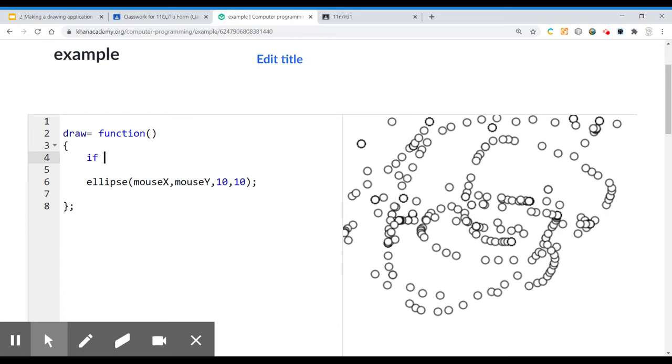So the way it works is you go if, and I'm going to use keyCode. keyCode is a variable that stores whatever's the last button you've pressed. So if you press the up arrow key, it's going to be up. If you press the down arrow key, it's going to be down. So if keyCode equals up, in other words, if the last button we press is the same value as up,